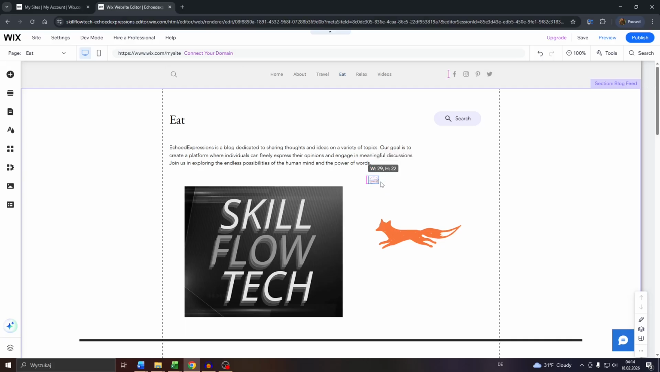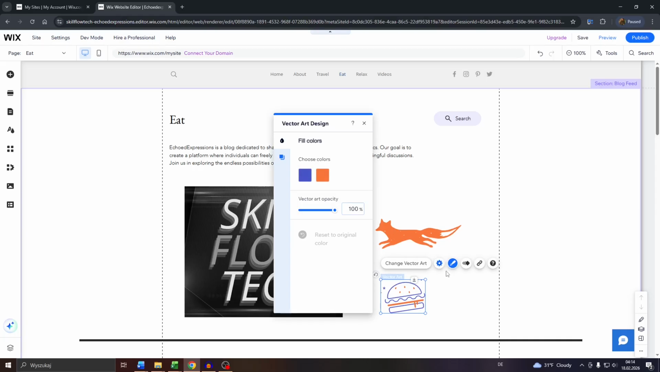Now what you want to do, guys, is after that, resize or position the vector art, of course, and position it here on your page. You may rotate it, for example, access its settings here,